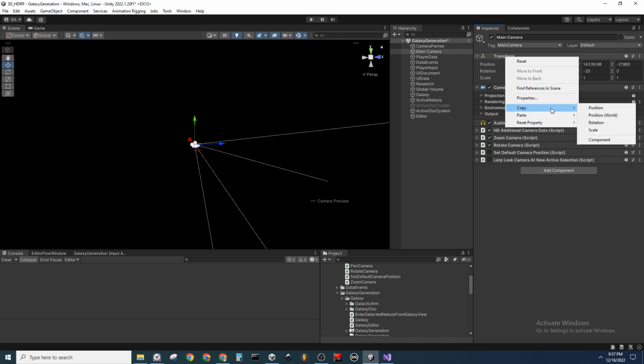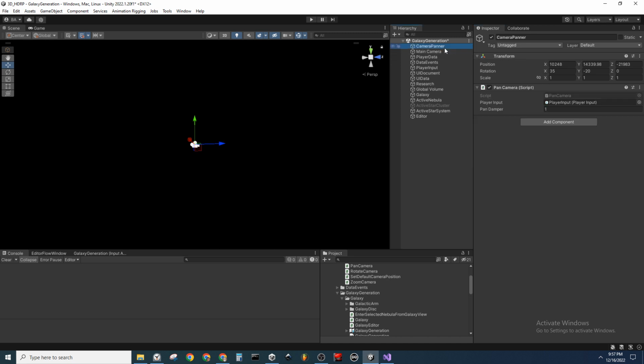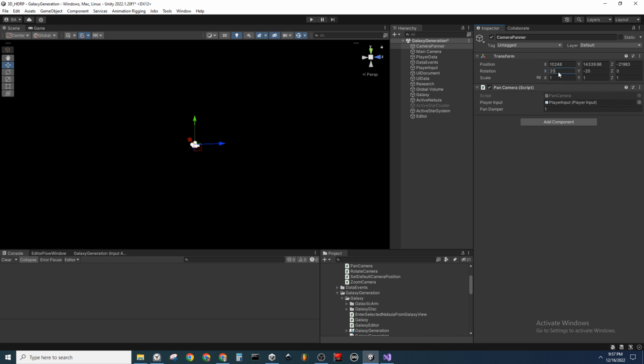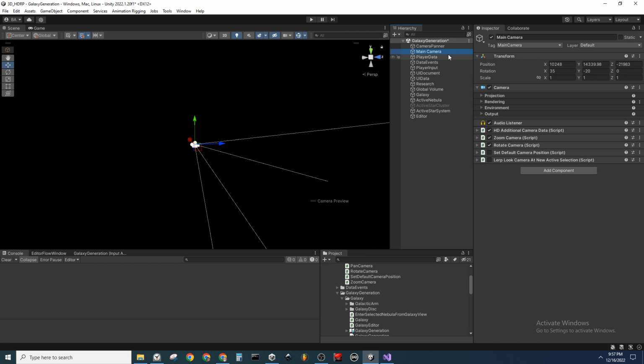So real quick, I'm going to copy this. I'm going to copy the whole thing. And I'm going to put camera panner in that exact position. Okay. And then the camera panner needs a 0 x rotation. But it needs to match the Y rotation. And if I parent the camera to the camera panner, now the camera's position,